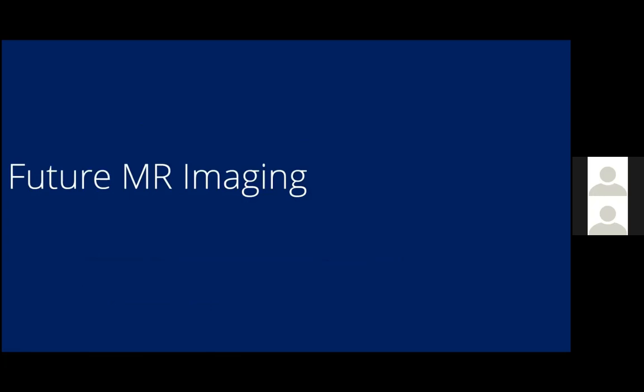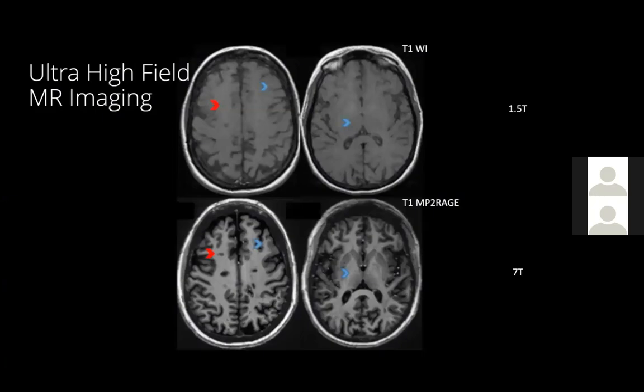So now a couple of slides regarding the future of MR imaging in multiple sclerosis. We have right now 7 Tesla MRI available in multiple tertiary care hospitals in the US and Europe. And these are basically for research purposes, not for clinical purposes at this time, especially not in our country either. But 7 Tesla MRI gives a very high spatial resolution for picking up these very small T2 lesions or enhancing lesions in the brain. And you can compare on this image that